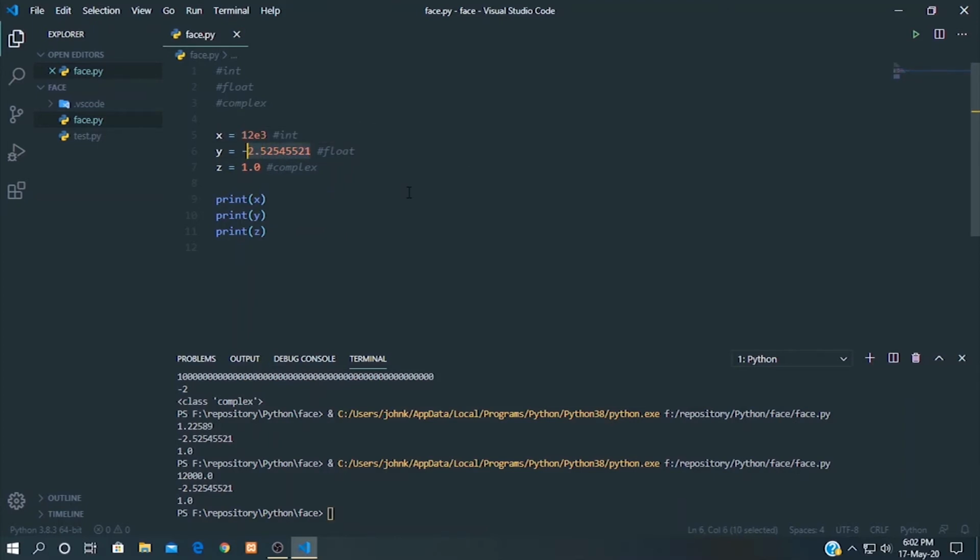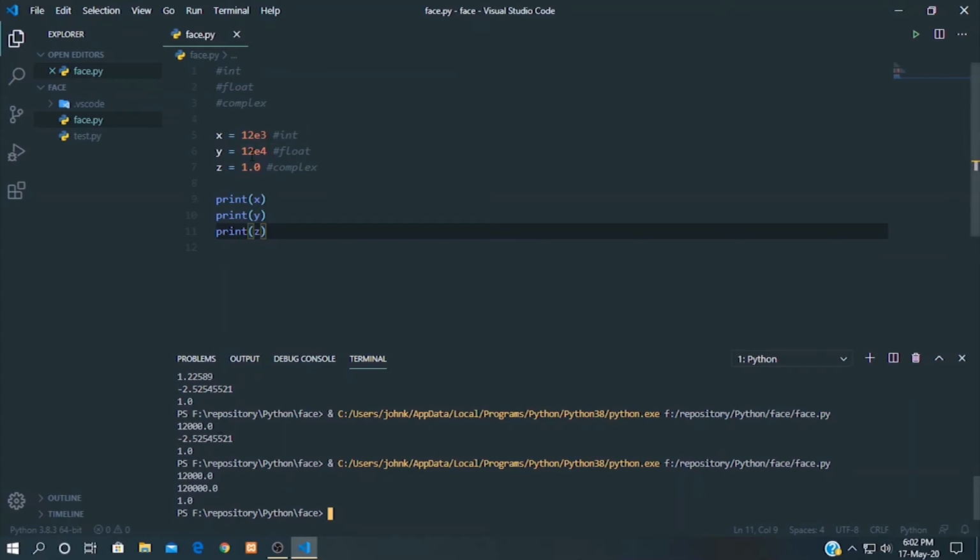Let's try 12e4. Let's print it again. This is 120,000.